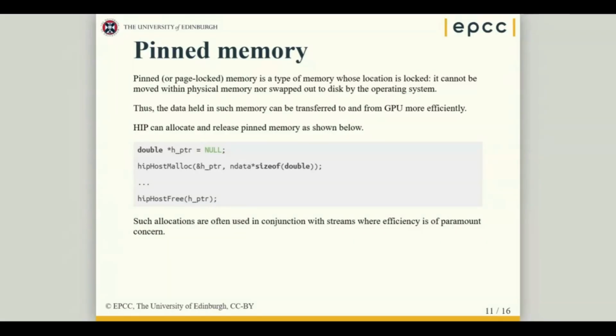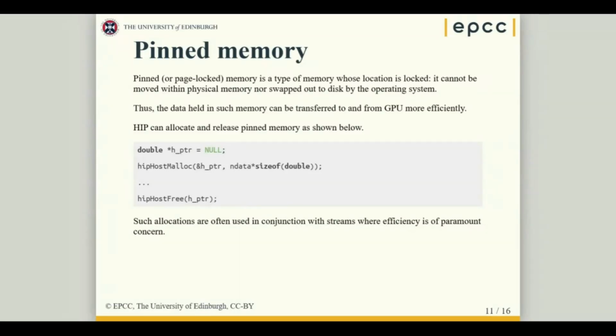We can use the function hipHostMalloc to allocate pinned memory. Pinned memory means that that memory will always be in RAM, will not be swapped